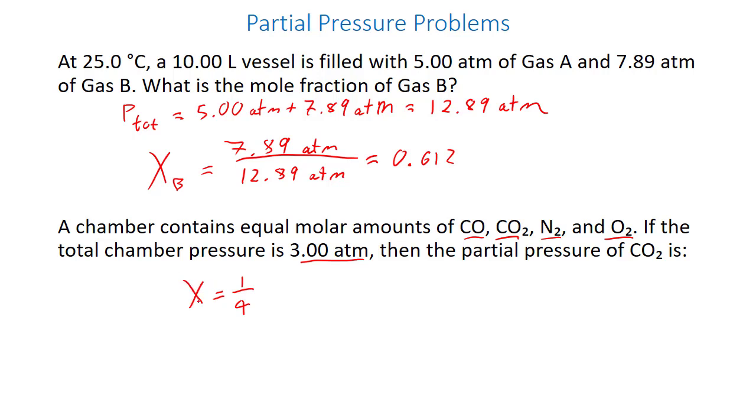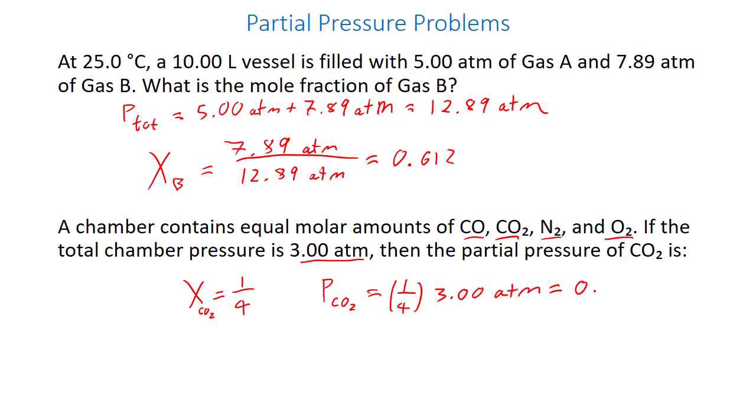And so since we are interested in CO2, the partial pressure of carbon dioxide is therefore 1/4 times 3 atmospheres,